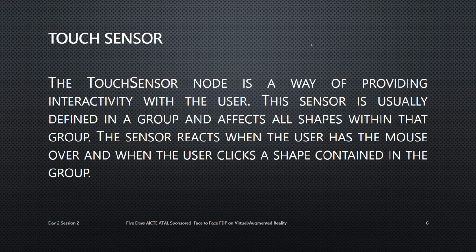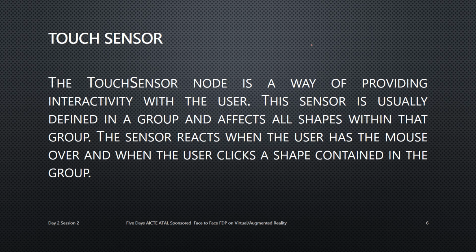So what is touch sensor? Here we are talking about the VRML touch sensor, not the general touch sensor. What is the VRML touch sensor? VRML is the language in which there are some 45 to 50 nodes. It contains a lot of nodes, and the user can define new nodes also. So what is a node? A node contains specific information. When we create a touch sensor, that is called a touch sensor node. It means that it is holding all the information about the touch sensor.